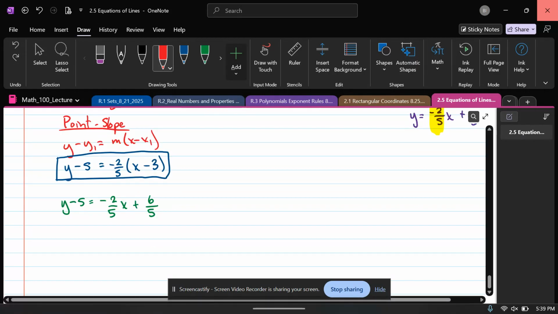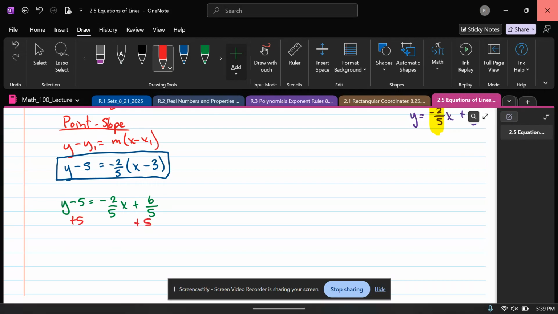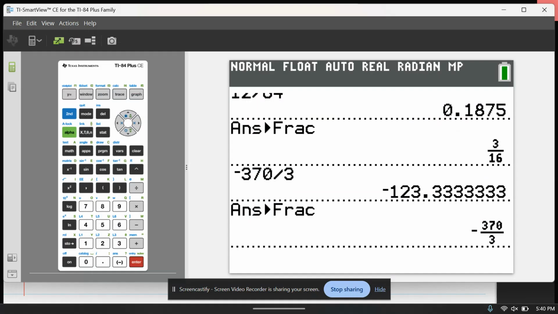What was that? Add the 5. Yeah, that's exactly what we should do. And that's going to be negative 2/5 x. We're adding there, so this is 5 over 1. I'm going to multiply by 5 and 5, so that's going to be 25 over 5. Is that 31 over 5? Mm-hmm. If you did that with the calculator, which I'm absolutely okay with,